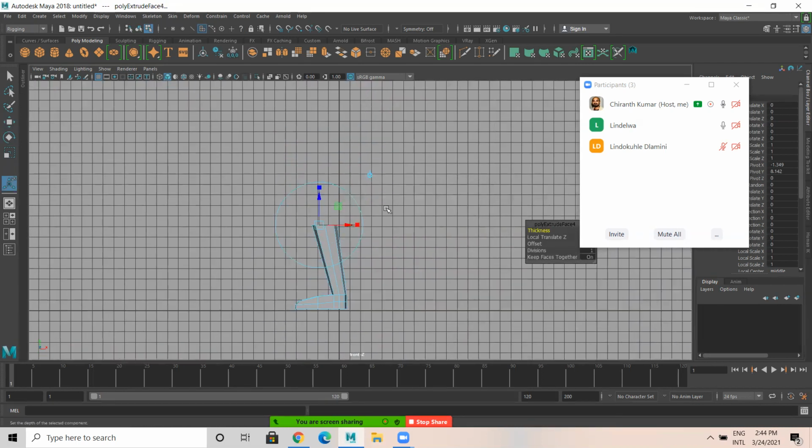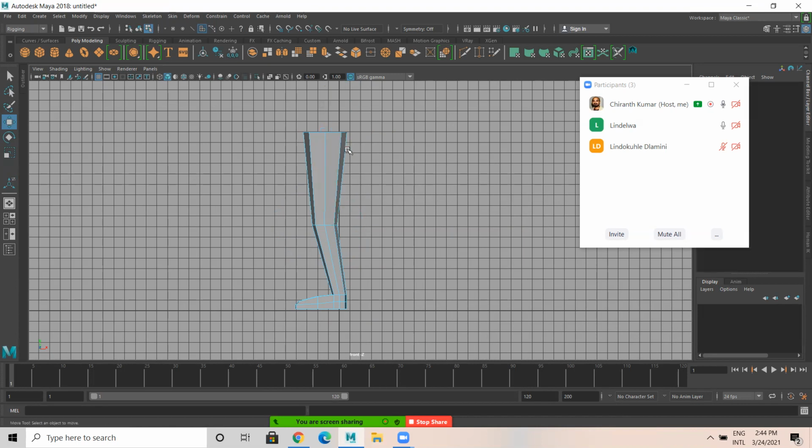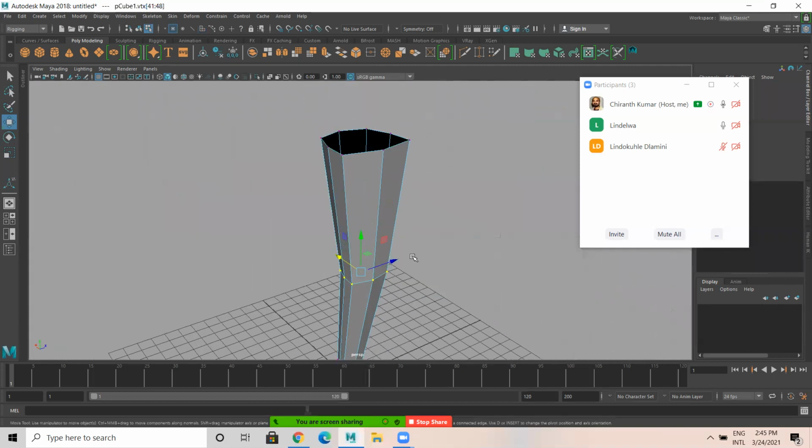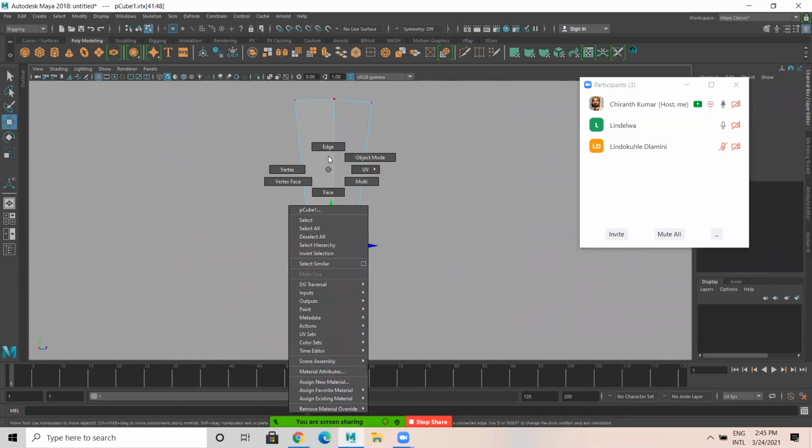Then I extrude like this here. In a very simple way, we have completed this.